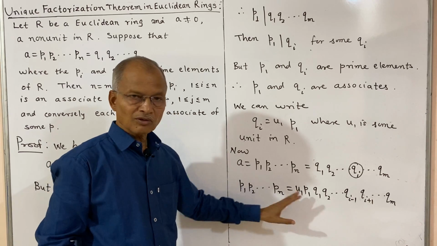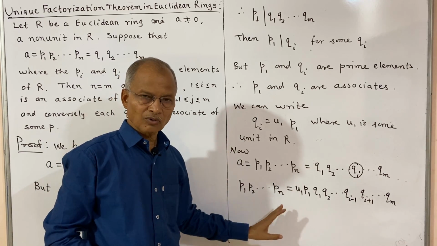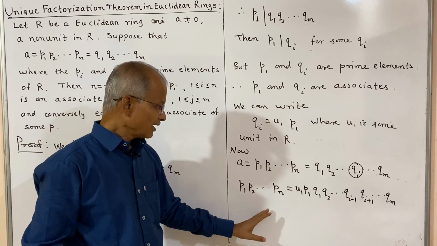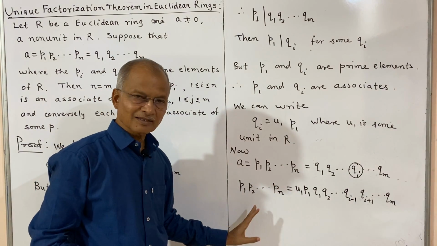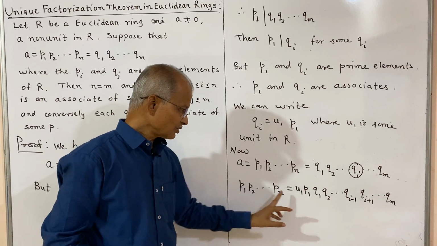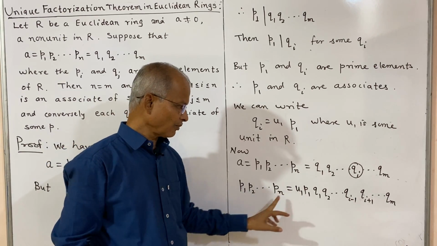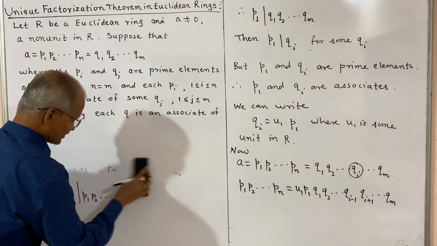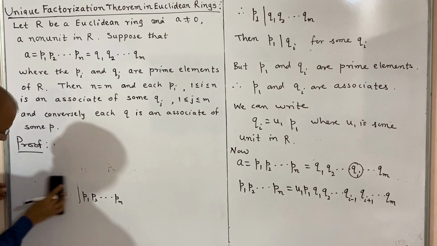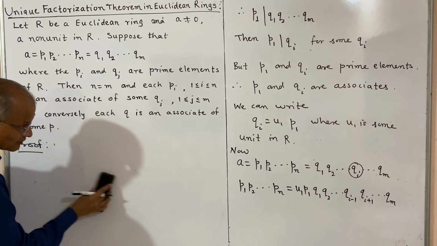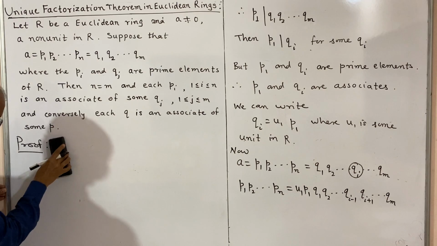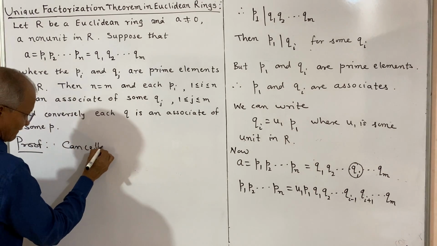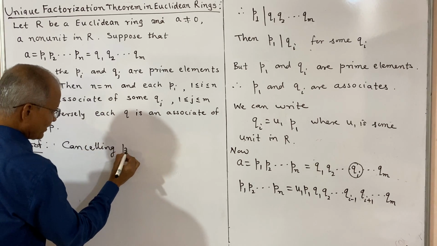Now this is a Euclidean ring, and it is an integral domain, and the cancellation law holds in an integral domain. Now which element can be cancelled? The same element, P1. So P1 can be cancelled from both sides. Cancelling P1 from both sides, we can write the expression as